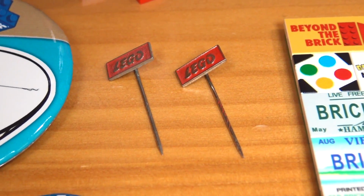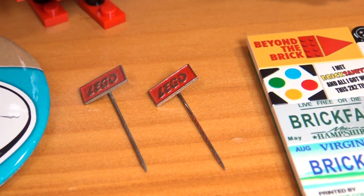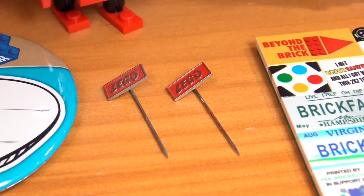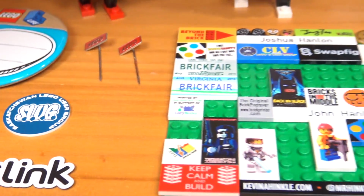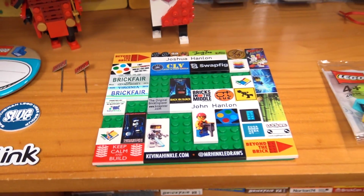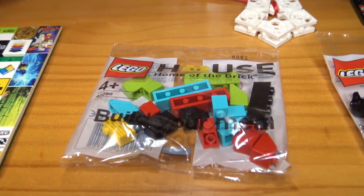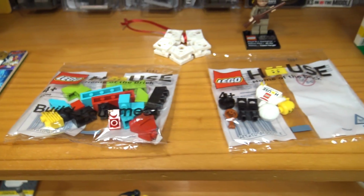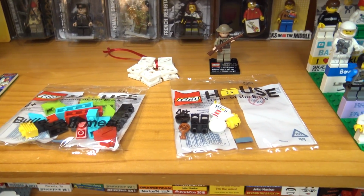He's been on our 24-hour live stream a number of times, and he picked those up actually in Europe. I think he was in Belgium, I want to say, and those were little Lego collectibles that were available a number of years ago, and he gave us those as a gift, so it's just fun to have that on display here. We should add that most of the stuff on display here in the studio is either unique Lego sets that are autographed by designers and that type of thing, or were gifts from Lego to fan media, or things like those very unique pins that people just give us